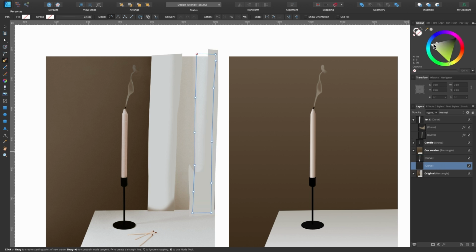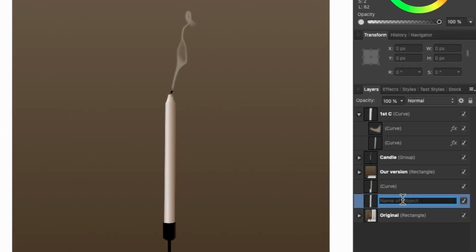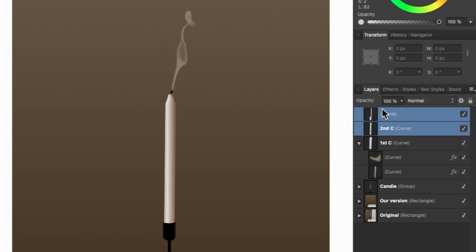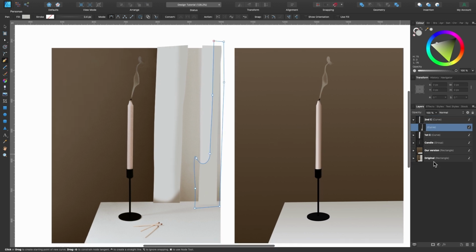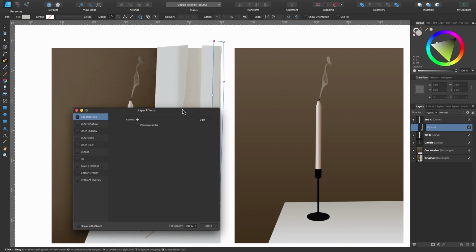And I'll do the same for this as well. In fact, I'll choose the color that's over there because it's the same. Okay, so this is our main shape, second C for the second part of the curtain. It's down there for some reason, so we'll just drag that up to the top. And we're going to clip this shadow inside like that. And we're going to add the Gaussian blur again.